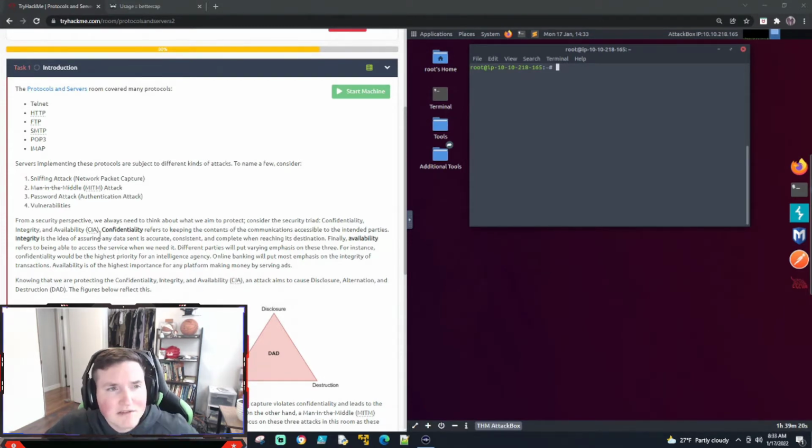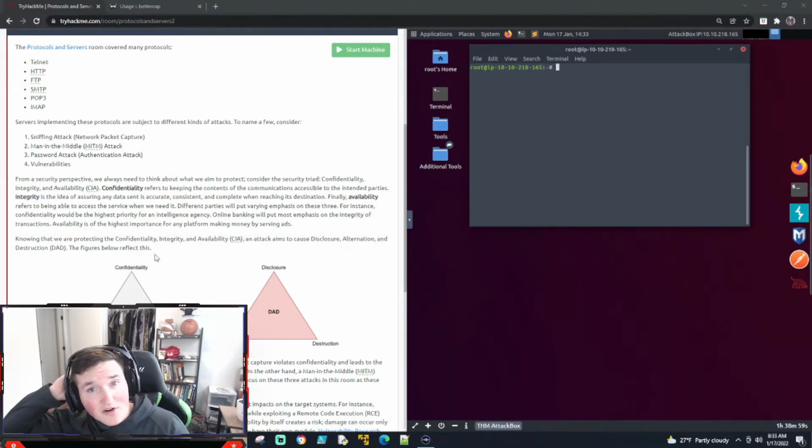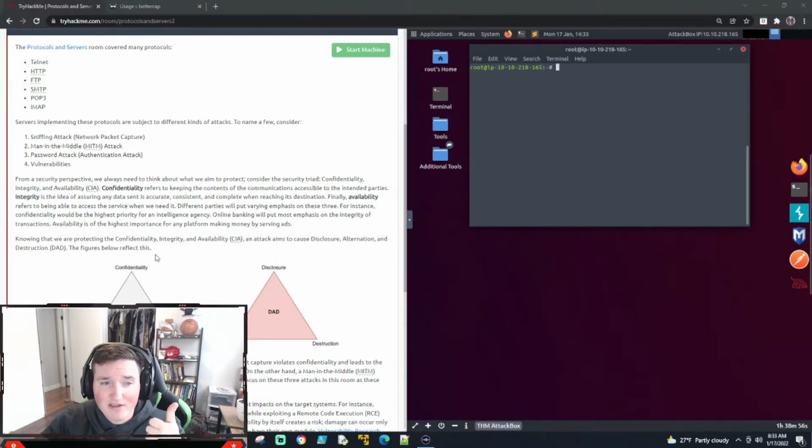Firstly, it's talking about the CIA Triad. If you guys don't know about this, it's confidentiality, integrity, availability. If you're hosting something like a website, you need a CIA Triad, meaning you need the information to be confidential. If someone puts in their social security number or their credit card number, it needs to be confidential, right? You cannot let someone else find that. You need integrity, meaning you can't let someone change the file. And you need availability, meaning when someone needs to access that file, it needs to be there.